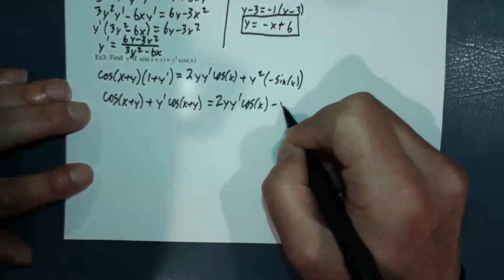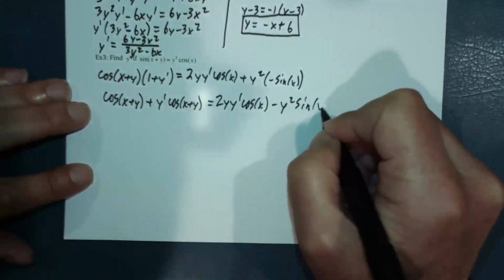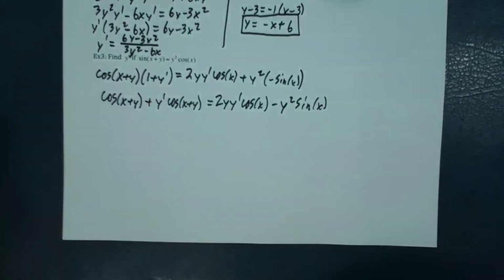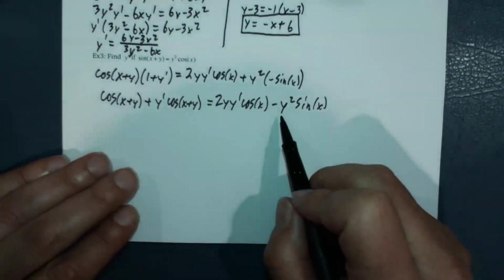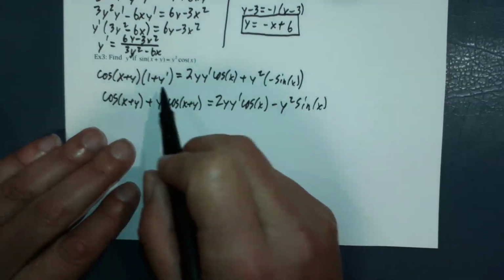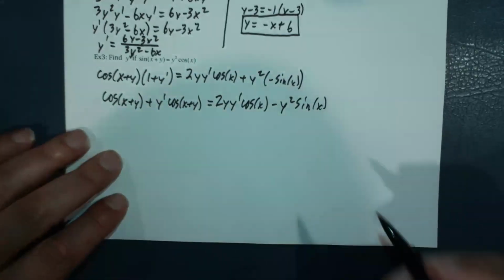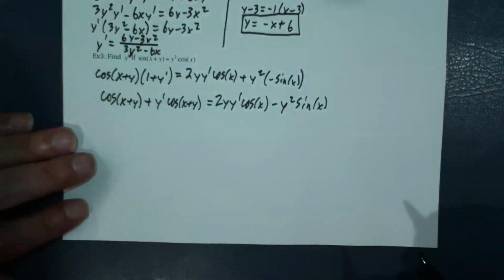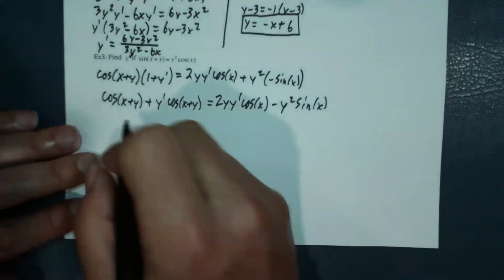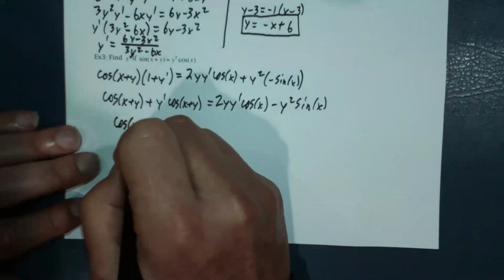I'm just going to make that minus. Okay, I think this will work a little bit better. I'm going to move the non-y primes to the left and the y primes to the right. You could go the other way around and it'll be a seemingly different looking answer, but it's actually the same thing. So this is going to give me cosine of x plus y